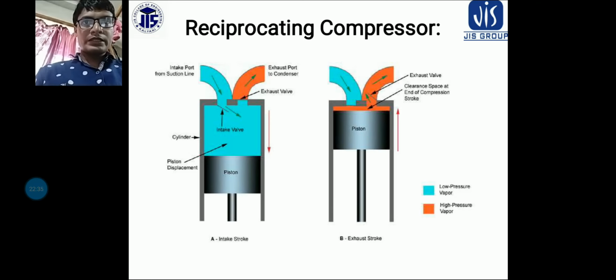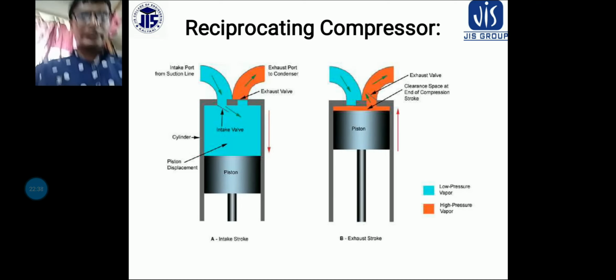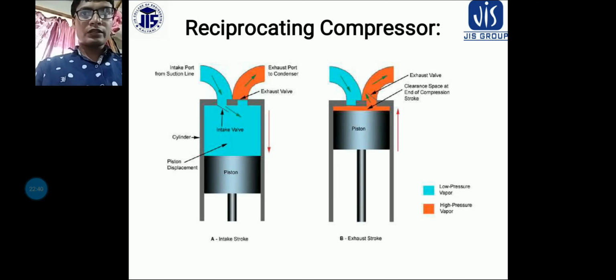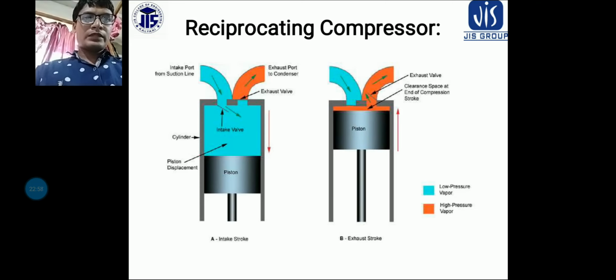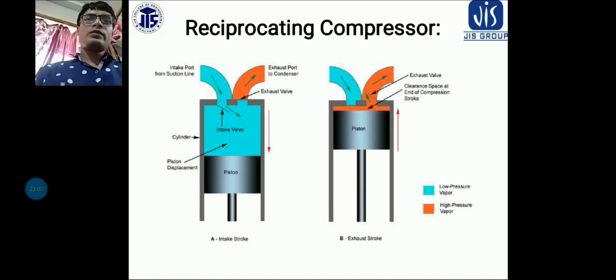What do you mean by compression capacity? It is the volume of actual amount of refrigerant passing through the compressor in a unit time, and it is equal to the suction volume. Okay, and at last volumetric efficiency also you need to know in case of this reciprocating compressor. What is volumetric efficiency? It is the ratio of compressor capacity or suction volume to the swept volume. That means actual volume by swept volume or suction volume by swept volume is called the